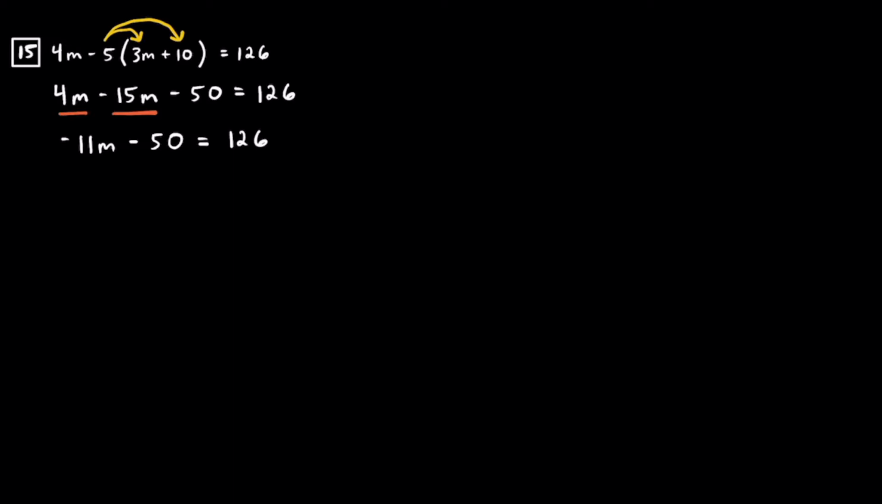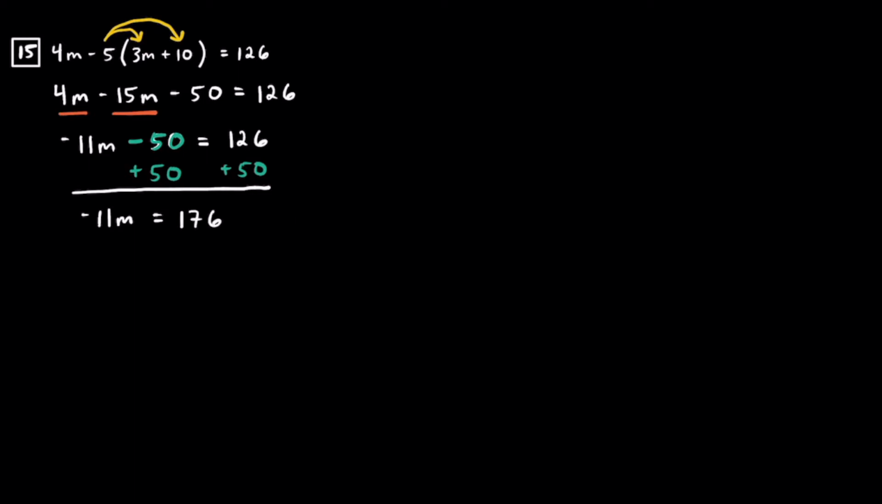So now we have a two-step equation, and we really want to get rid of this minus 50 first. The opposite of that is going to be to add 50 to the left side, and then we'll add 50 to the right using that addition property of equality. Then on the left side, we have negative 11m. That positive and negative 50 will cancel out, and on the right side, 126 plus 50 is going to equal